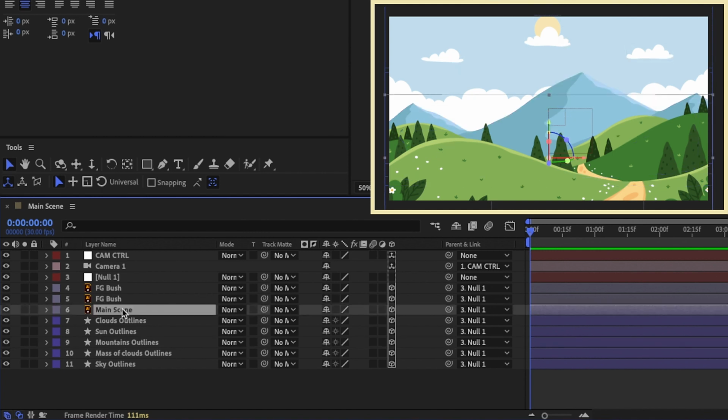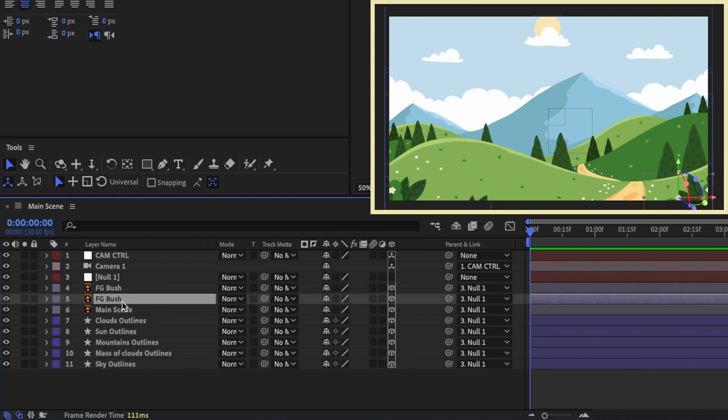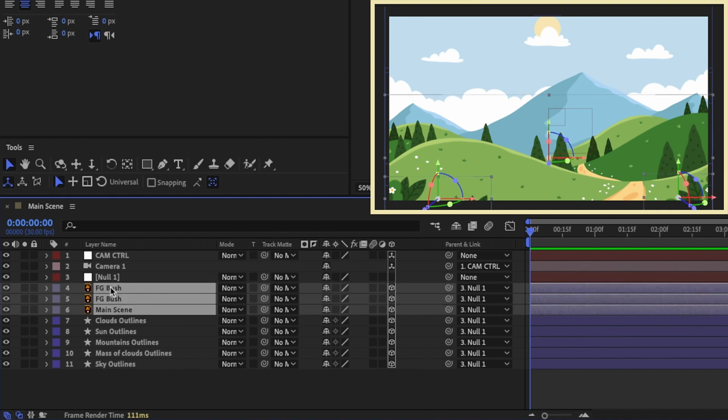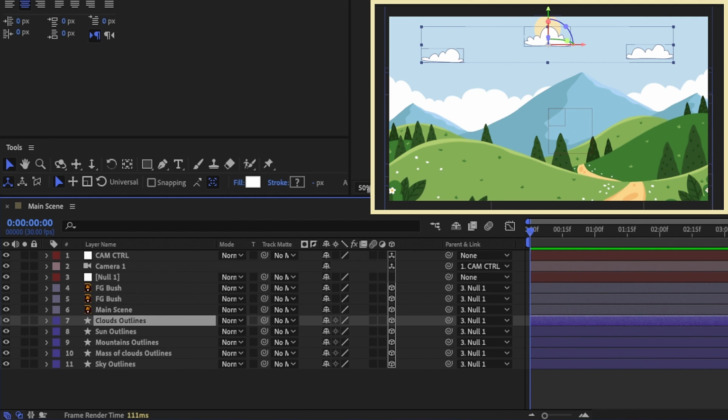Like with this main scene here, there's so many elements in this main scene. If I were to convert that to a shape layer, we would have probably hundreds of groups and it would just get really, really overwhelming and cumbersome. Same thing for these foreground bushes. So I'm going to leave these as vector layers and the rest of these we can work with as shape